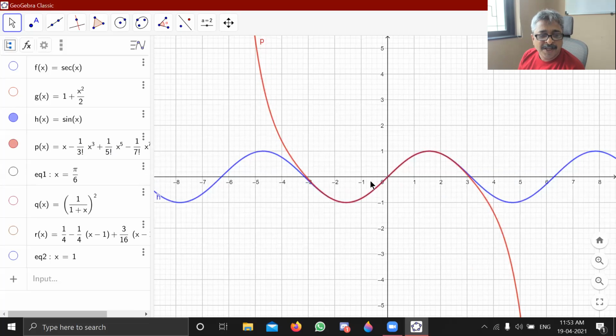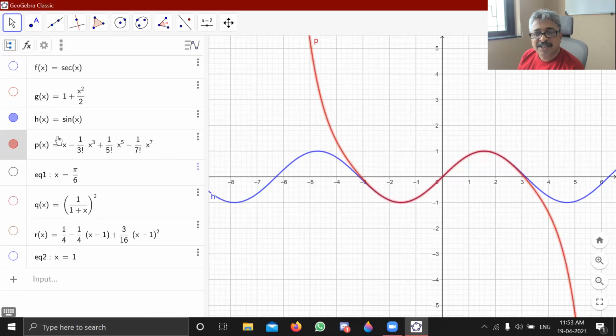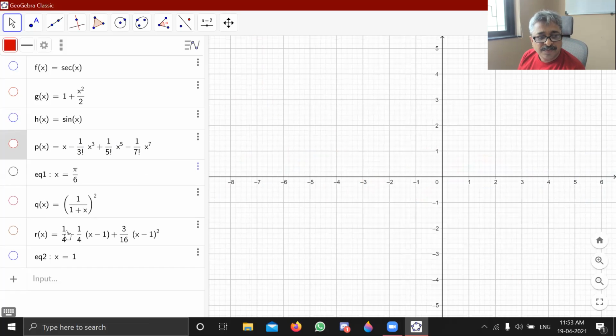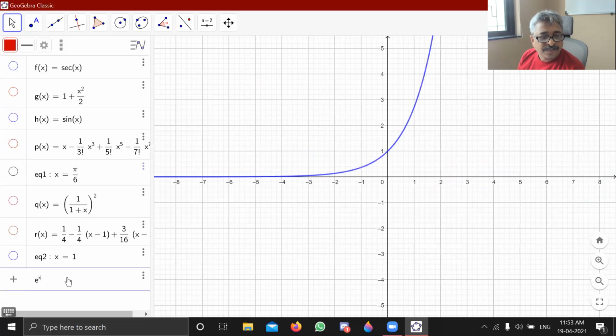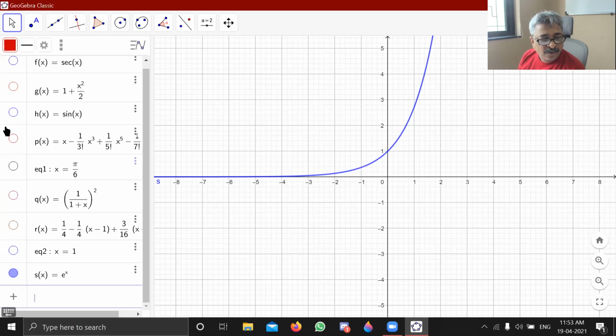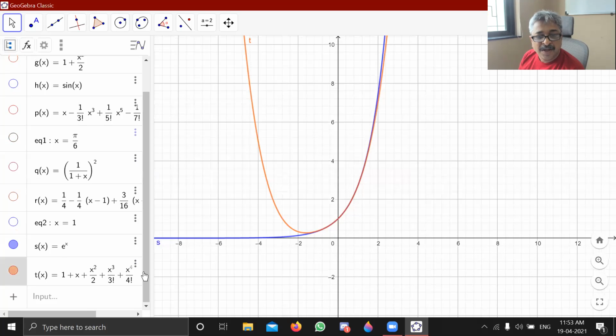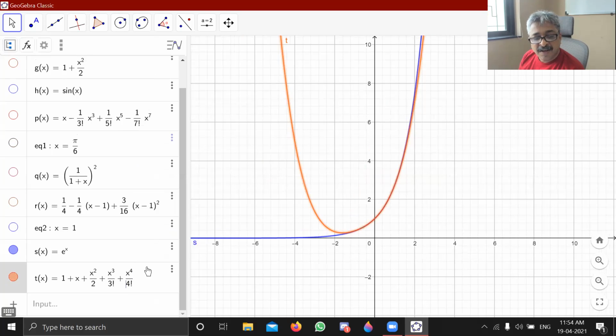Chalo, one more karo, and then maybe e raised to x, let us see e raised to x, because that is also easy to draw. E raised to x draw karo, and its first approximation, second approximation, x square by 2 plus x cube by 6 plus x raised to 4 by 4 factorial plus x raised to 5 by